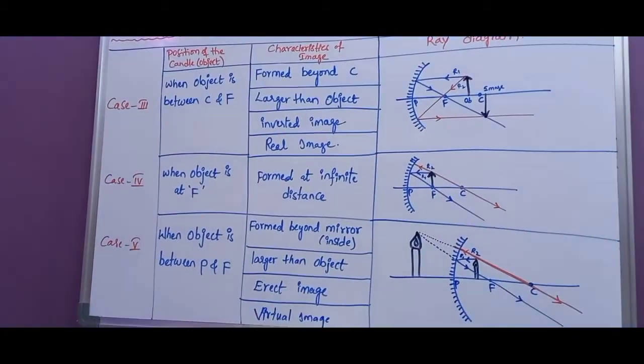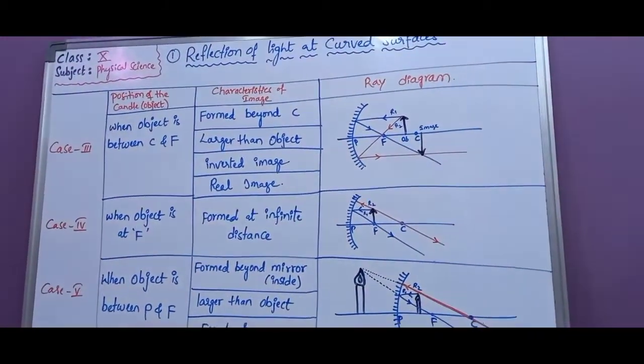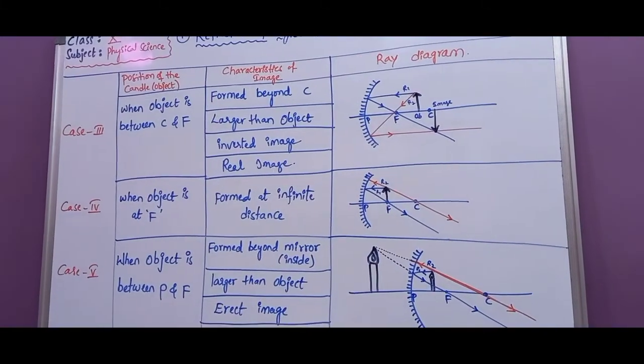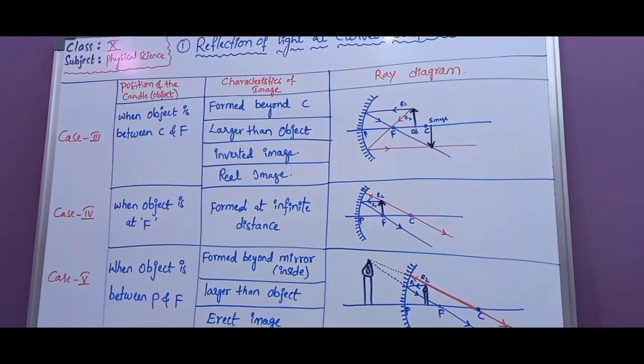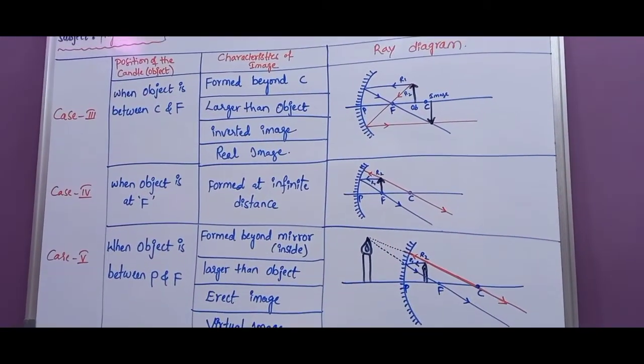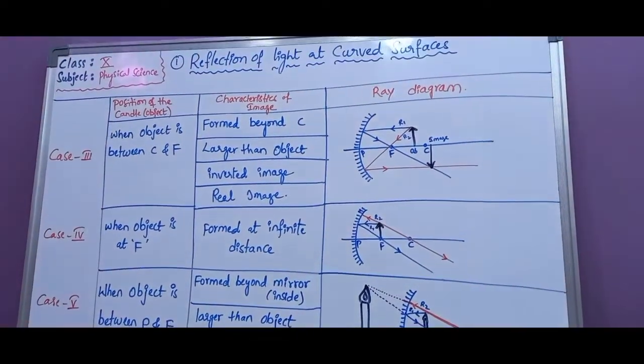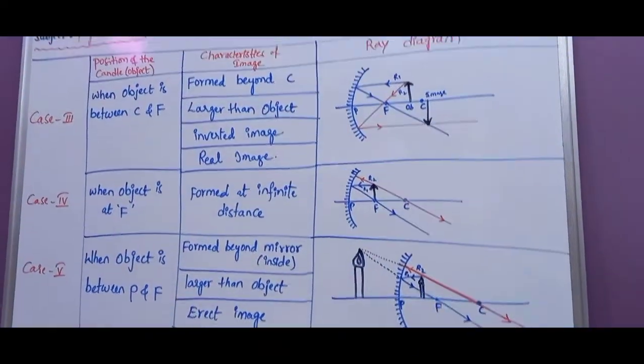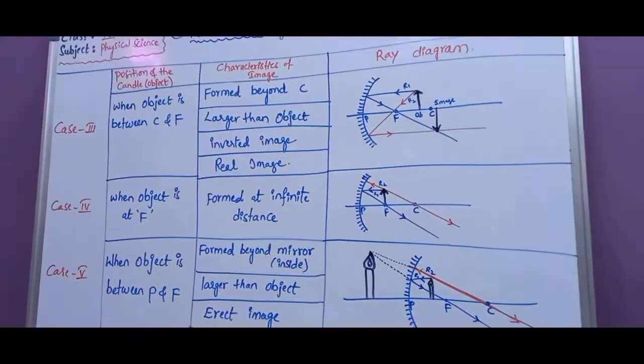So these are all the 5 cases. In all the cases, we have drawn the ray diagrams for each and every case and verified whether the characteristics of the image are matching or not. So all of them are matching. These are very, very important ray diagrams. Everybody try to remember and practice more, children,